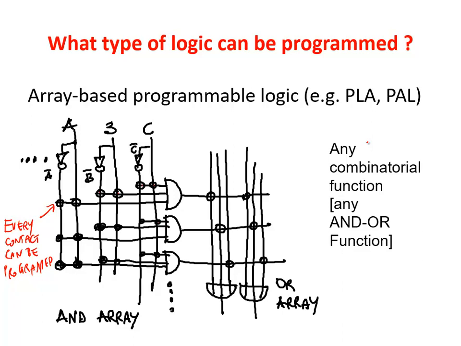In the AND array, in this particular case, you have 3 inputs, 2 outputs and 3 word lines. This is just an example. Of course, you can have a much larger array. And typically, for each word, you have a